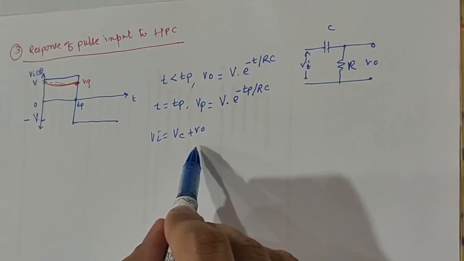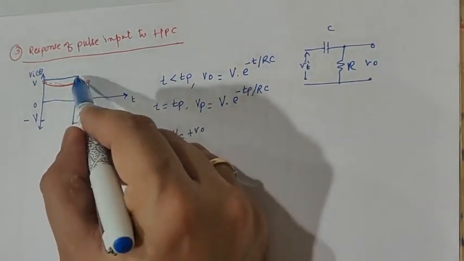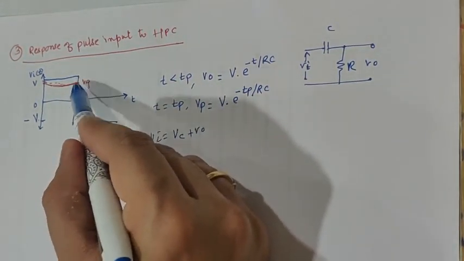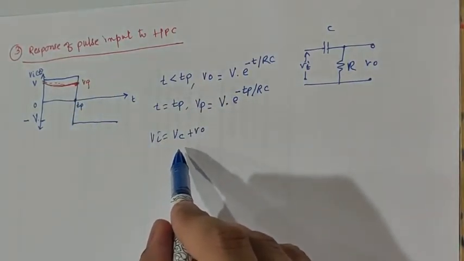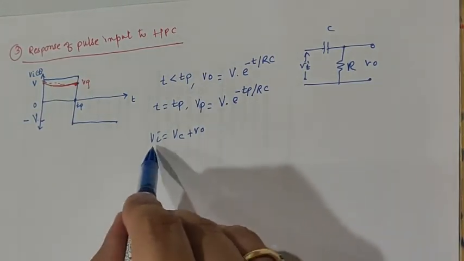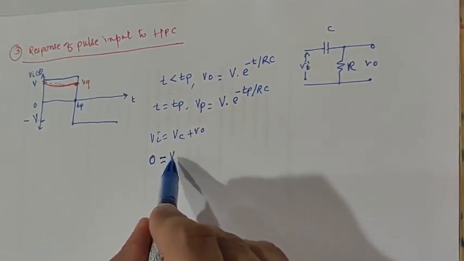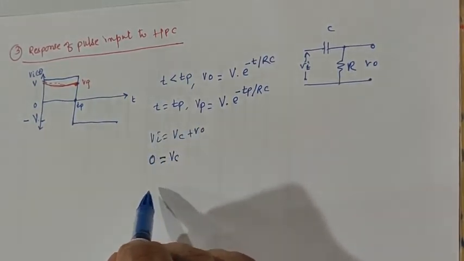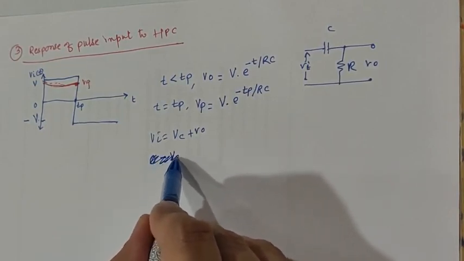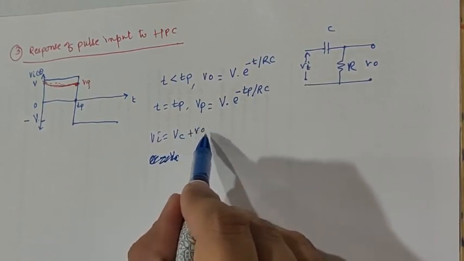Now at the end of the pulse, when the input falls abruptly by the amount V, because it was V, now it is 0, so it is falling by how much? It is falling by V. Now the voltage across capacitance cannot change instantaneously, and therefore the output voltage must drop by the same amount. The input has become 0, but Vc cannot change. Therefore V0 should drop by the amount of V. So if the input is falling by the amount V and Vc cannot change, the output should change by that amount.